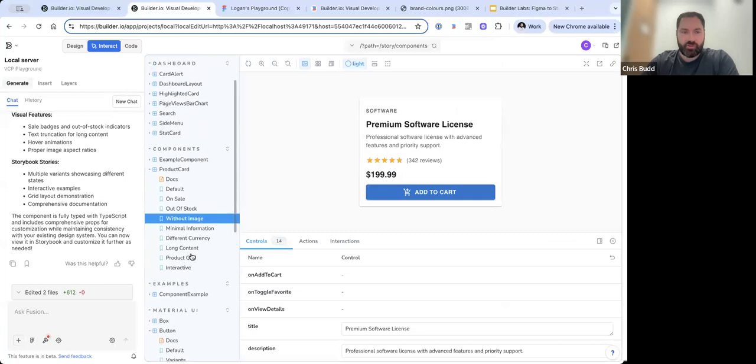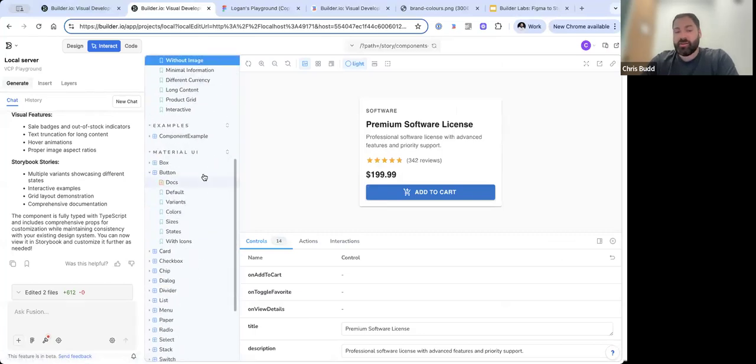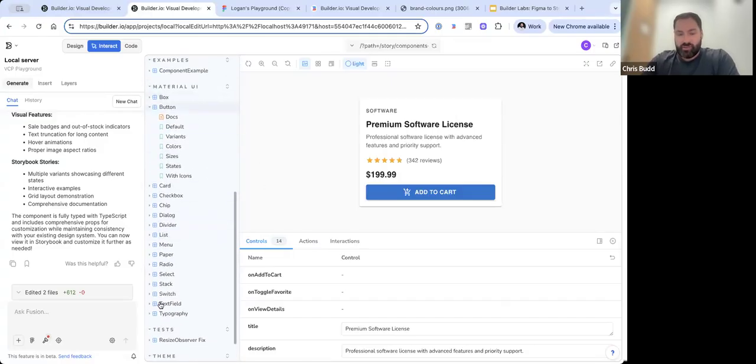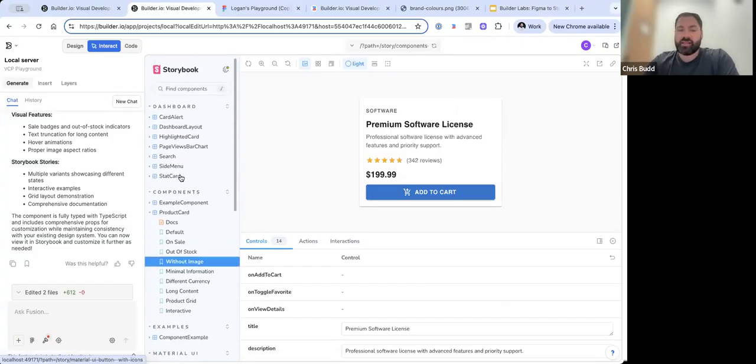Great. So this brings me on to here, I've used Material UI as I mentioned. I've just imported it as an npm package, and I've imported a few of the components into this library. Obviously, it has quite good context of Material UI because it's quite common. But if this is your existing component library, then a really good thing to do, which I guess is similar